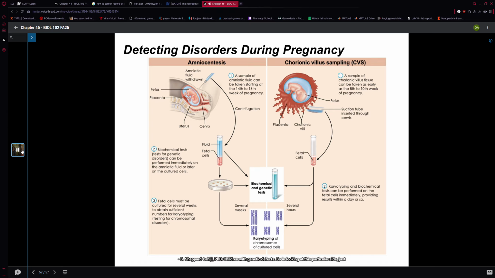So in looking at this particular slide, just think about both of these methods downstream can serve the same role, which is to generate genetic information that can be used to determine the likelihood or risk of an organism developing with some type of issues or abnormalities. So compare and contrast them. Spend a lot of time on the compare, because that allows you to go back to the earlier discussion of karyotypes and how that is relevant to gleaning information about just the genome and the integrity of that individual's genome.